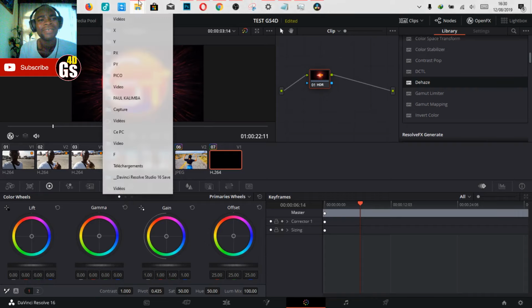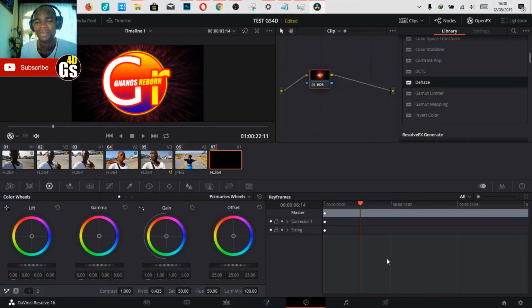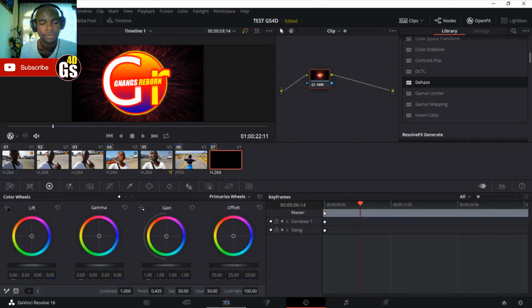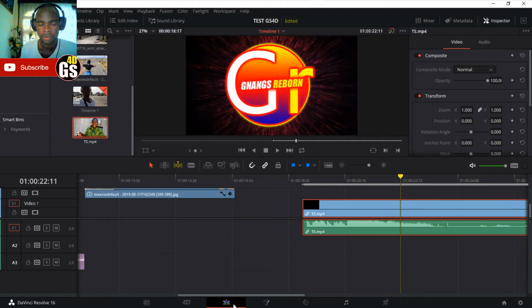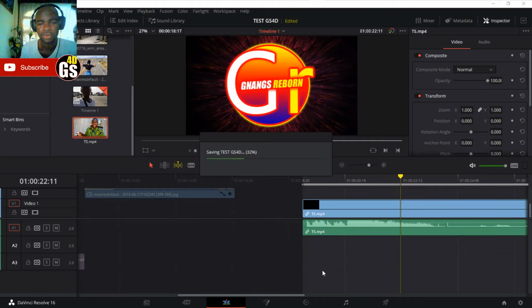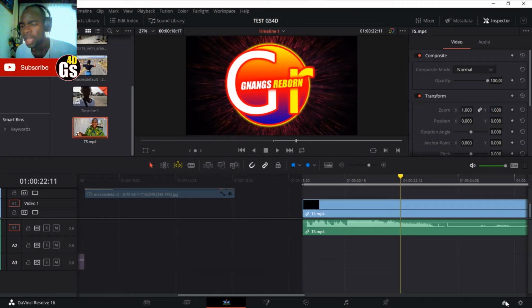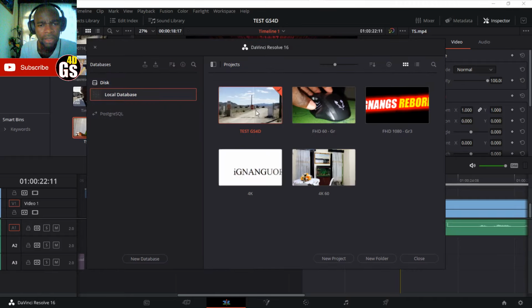As you can see, this was DaVinci Resolve. You can click on edit and press CTRL-S to save your data, and you can click on home here to access your data. Your data is here and your local database is here.